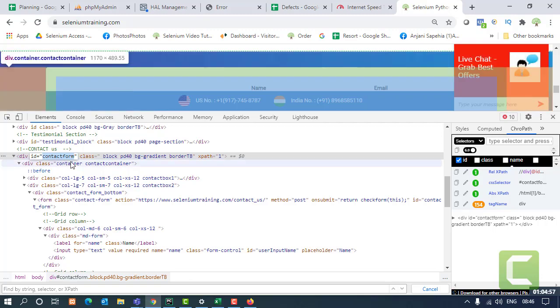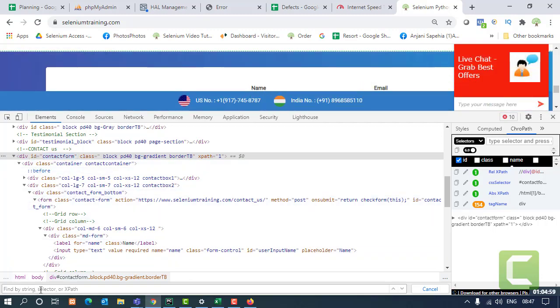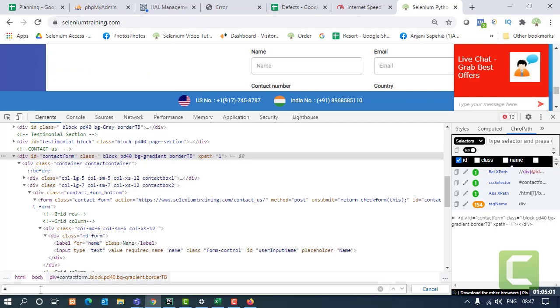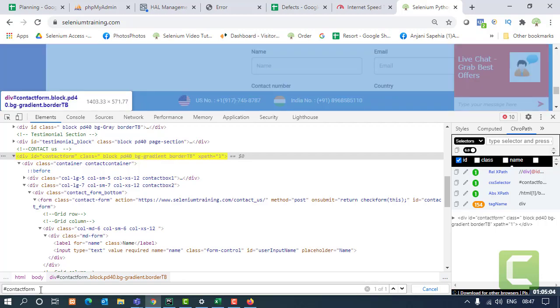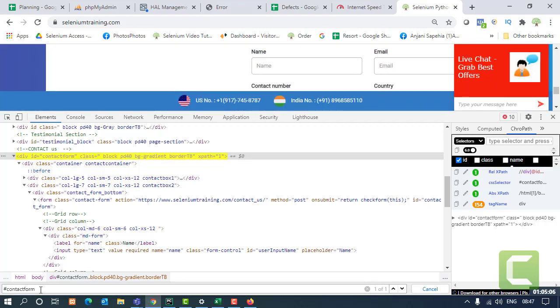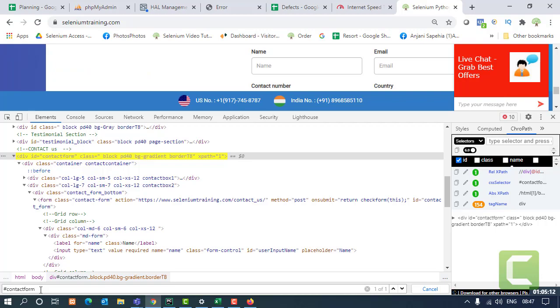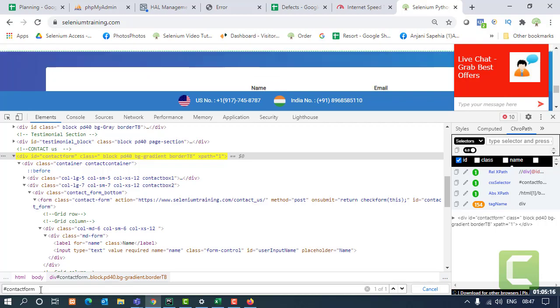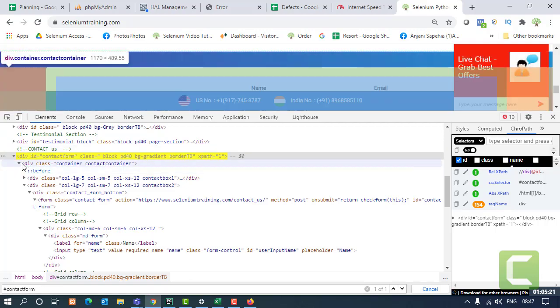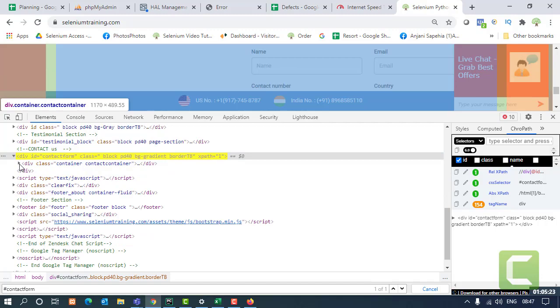I'll say hash this. Now I have to move further into this form tag, into this div tag to reach the main name text box. So I'll use the nth child now. Right now, what I can see is only this tag, which is the parallel tag. So I'll use the nth child.